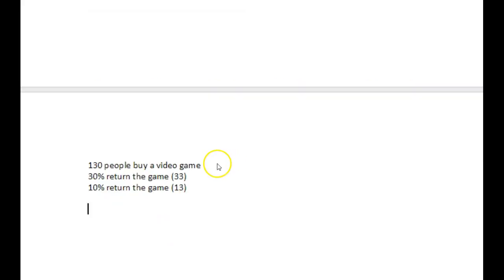So if we take this as an example for me to explain the differences. We have 130 people one week go to buy a video game. The next week, 30% of those people return the game. The next week, a further 10% of these people go to return the game. So these are the numbers of people that return the game. So by what you've said,